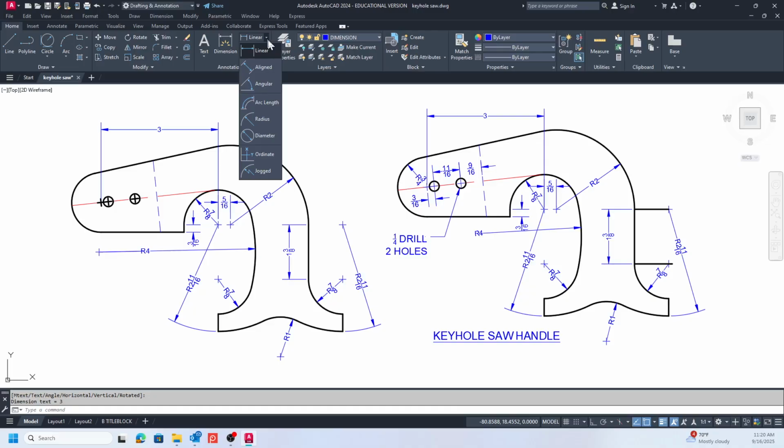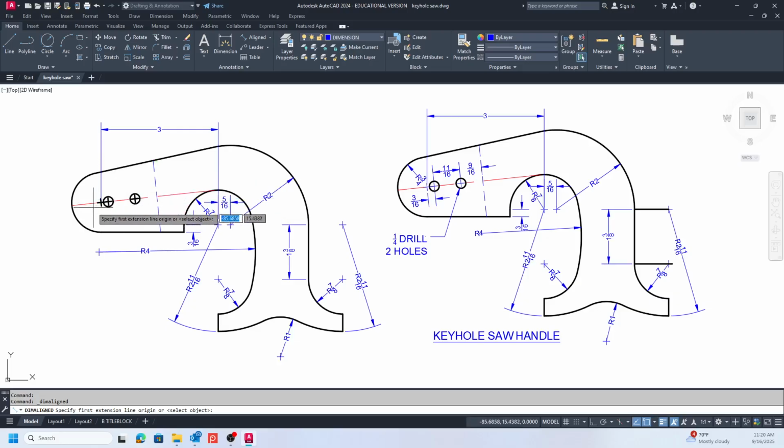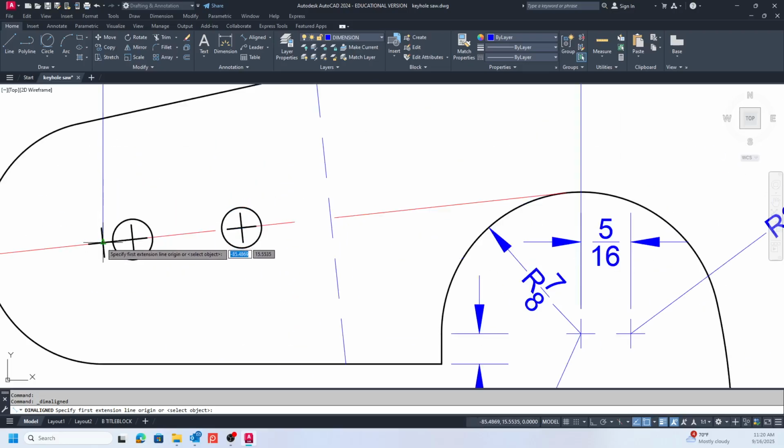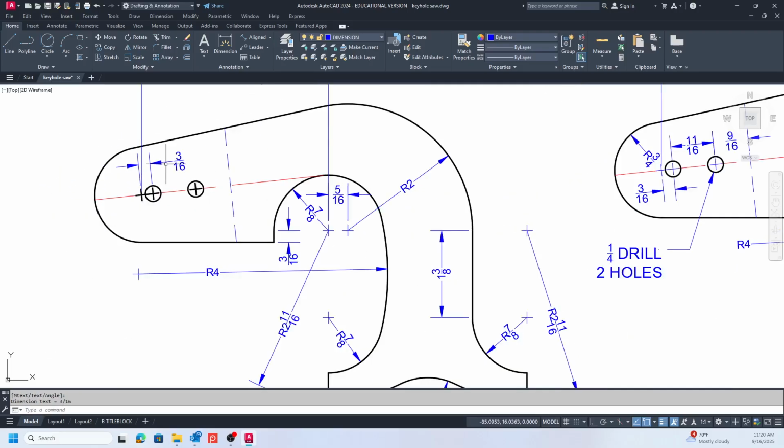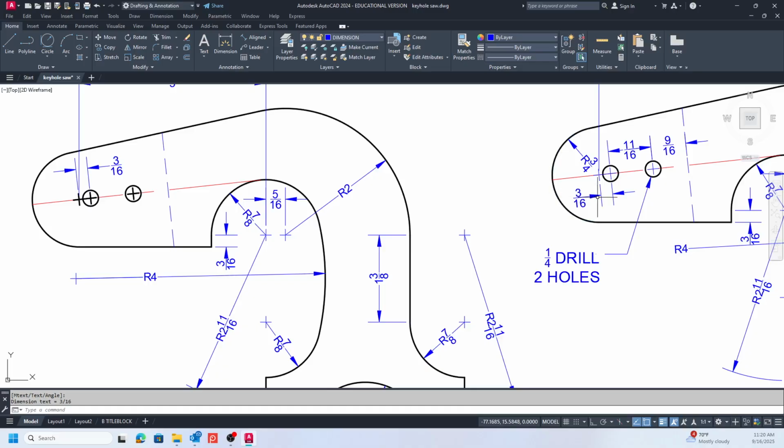We will be using aligned, zooming into this area. I'm going to go to endpoint, drag it up and place it. As you see, theirs is different. Mine is different from this. I'm going to select and delete, aligned, set it down here, click, hover, move text only,